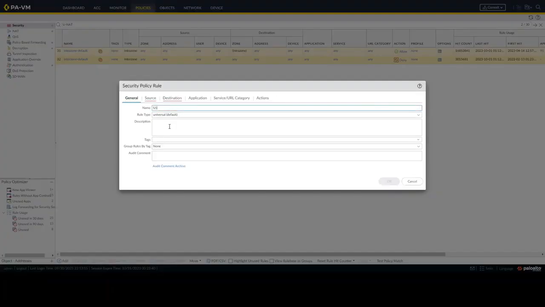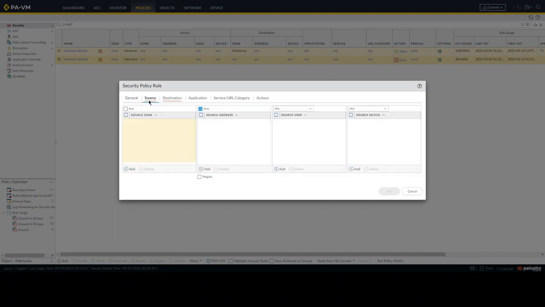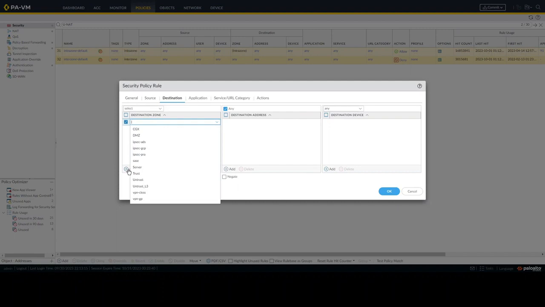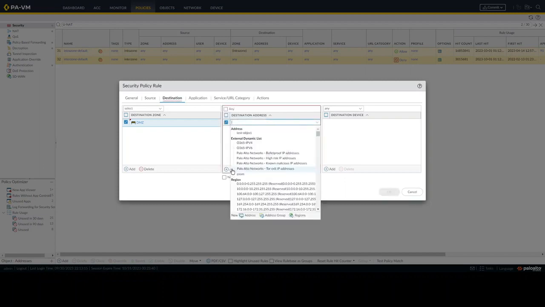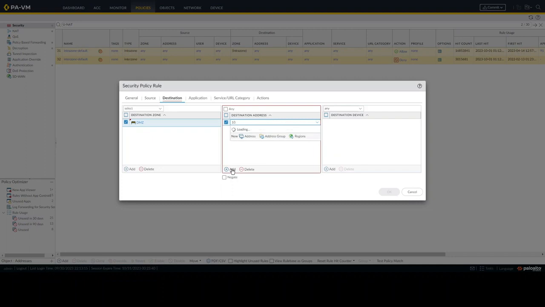For example, we need to have this name, and then the source will be the trust zone. Anything from the trust zone, the source address will be any. And we go to the destination. The destination, you need to choose the DMZ zone, and the destination will be the IP public or the IP that resides on the untrust,